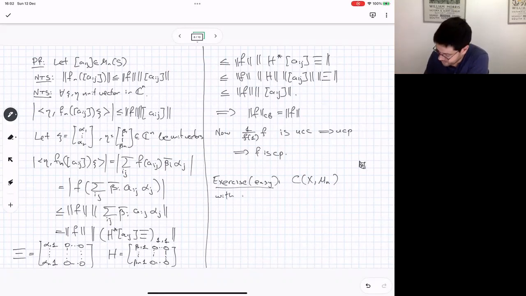So with pointwise multiplication, pointwise star, and norm, which is what you think it should be, the supremum over all x in X of the norm of f(x). Here you take the norm of Mn, it is a C*-algebra,